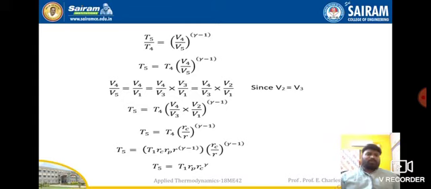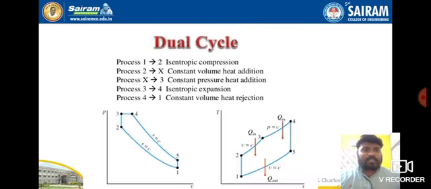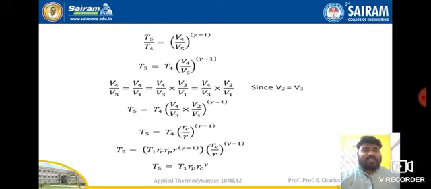So, next equation. In the previous slide, everything is in terms of temperatures like T5, T1, T3, T2, T4, T3. What we have to do is convert everything into uniform quantities, so that it is very easy for us to cancel. So in the next slide, T5 by T4 can be written as (V4 by V5) whole to the power of gamma minus 1. This is the temperature and volume gas equation. So T5 can be written as T4 into (V4 by V5) to the power of gamma minus 1. Now this V4 by V5